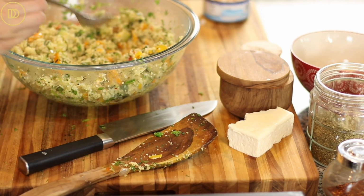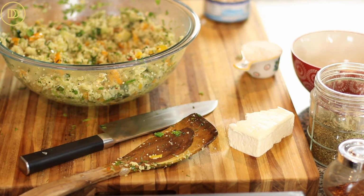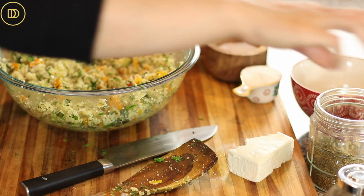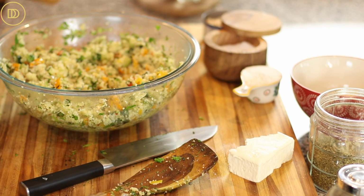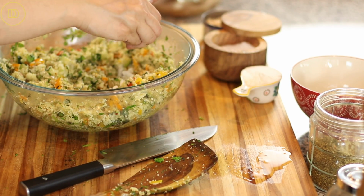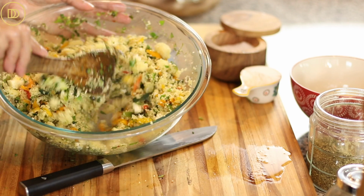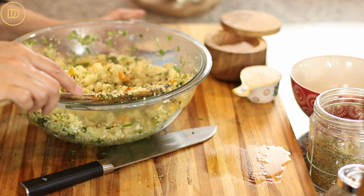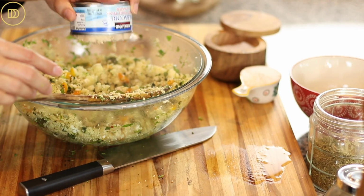Before we do that, I'm going to go in and give it a taste, and I'm going to season it with a little more salt and pepper. And I'm going to crumble in the feta cheese. And then you can leave it like this and add the eggs with the flour to bind it, or go ahead and add 1 can of tuna fish